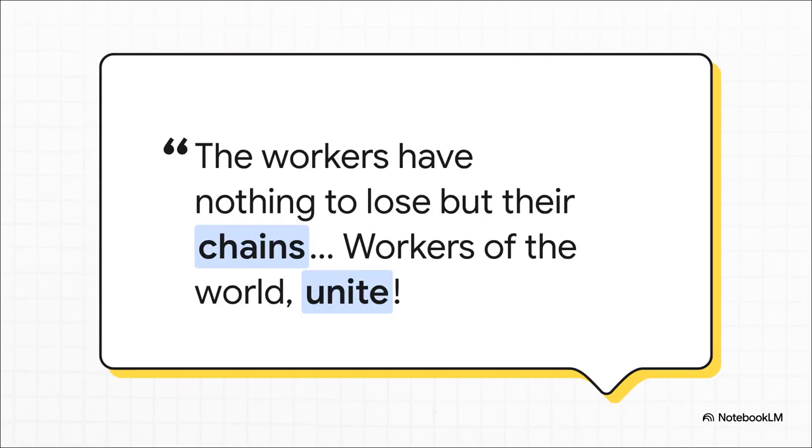And the most influential socialist thinker of them all, without a doubt, was Karl Marx. He looked at all of human history and saw one big story: a constant struggle between the haves and the have-nots. He argued that the industrial working class, who he called the proletariat, was being exploited by the factory owners. His solution wasn't just reform, it was a full-blown revolution. And his famous call to action in the Communist Manifesto would inspire movements around the world for more than a century to come.